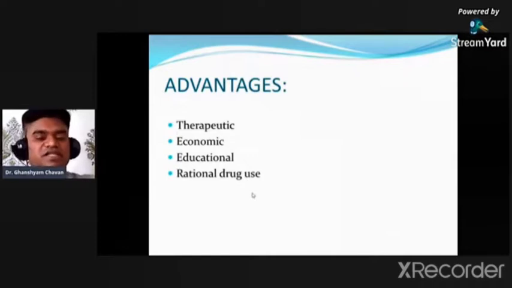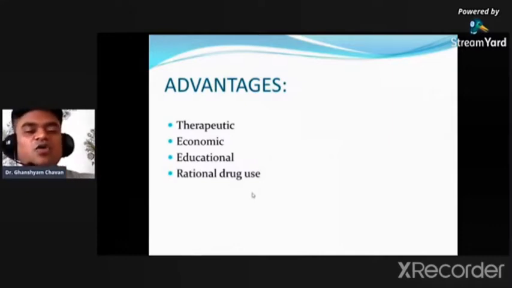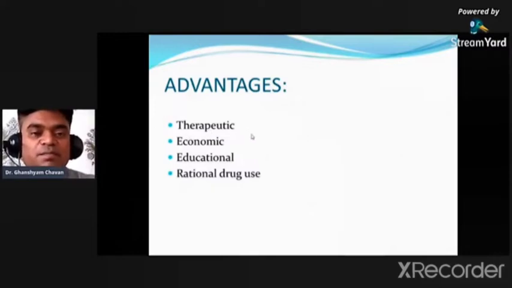Advantages. Here we will discuss the various advantages of this formulary. First is therapeutic. In therapeutics, how will we treat the various types of diseases? What is our plan of work for treatment? It can be decided in therapeutics. What is the peak level of that drug? What is the half-life of that drug? What is the toxic effect, the side effect? By considering that side effect, which drug will we add to counterbalance it? In this fashion, all the planning has to be done.